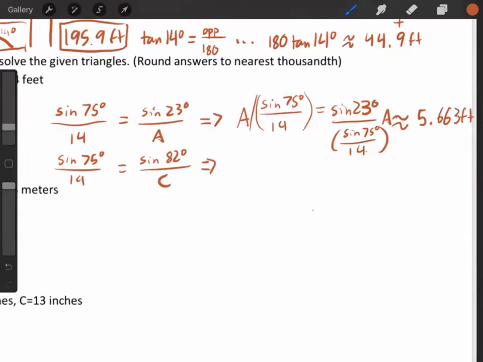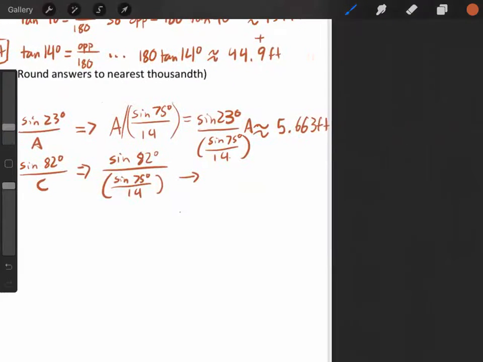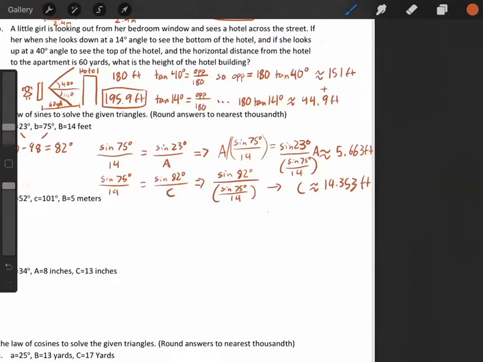So we end up with sine of 82 degrees over this mess, which is sine of 75 degrees over 14. And that'll give us c approximately 14.353 feet. So this is a relatively simple law of sines equation, and this next one is